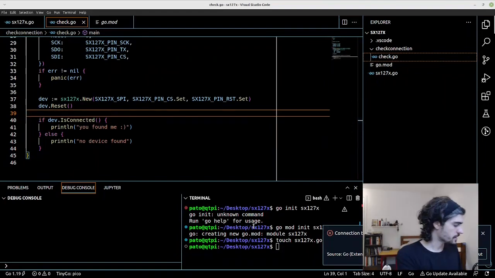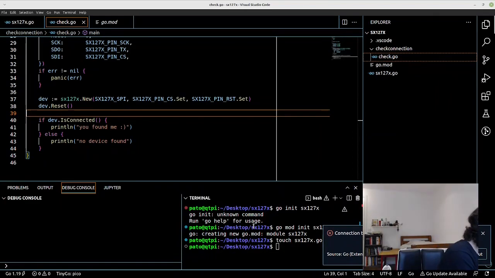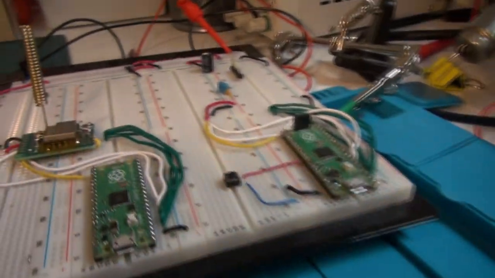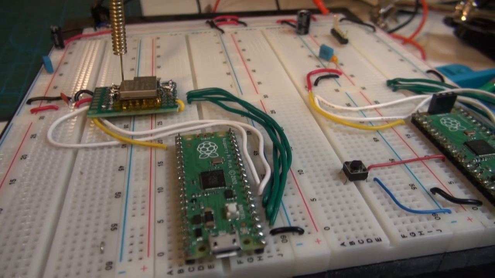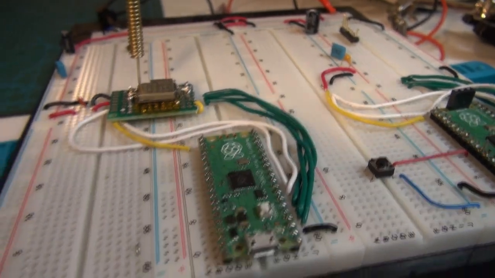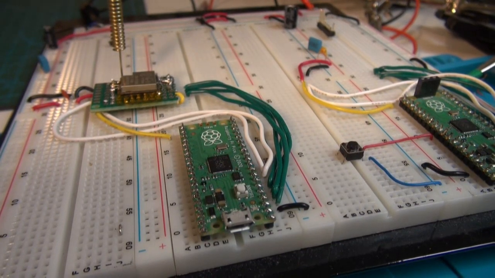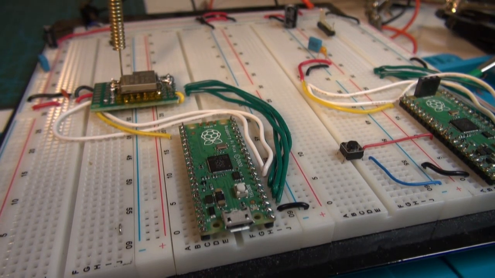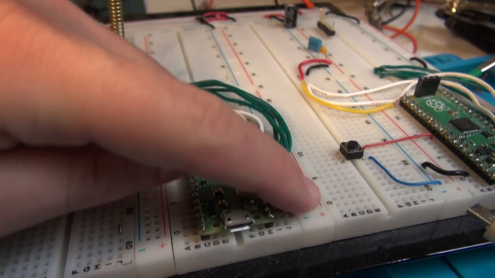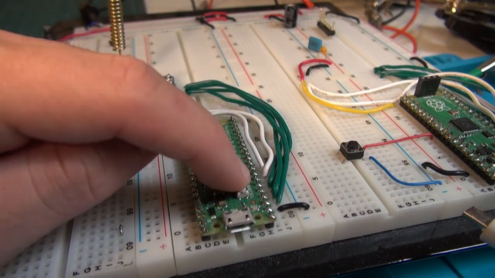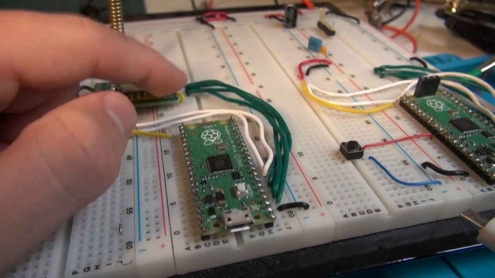So hopefully this will work. I'm going to go ahead and turn on my camera and show you my setup right now. So this is what I've got set up right here. Hopefully you can hear me. Okay, let's move that microphone a bit. And well, I've already hooked up the corresponding pins of the Raspberry Pi Pico over to the SPI interface on my